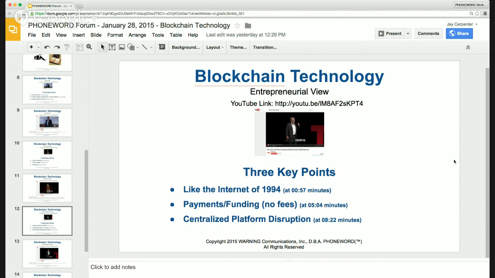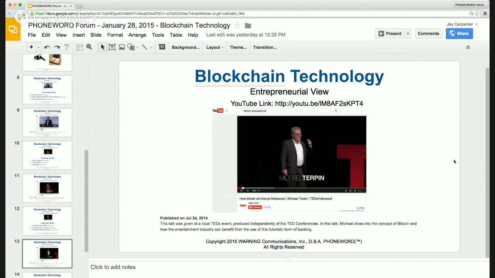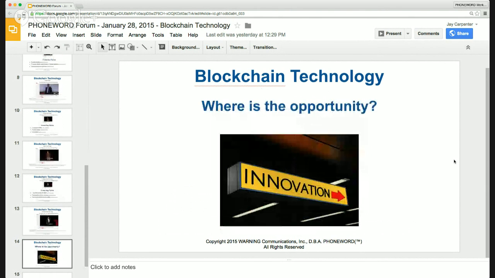But just to keep it as simple as possible and just to give people a taste of what this is, I've just picked three key points that struck me as being pretty powerful and pretty profound. So that brings us to pretty much the conclusion, and the conclusion is really not a conclusion, it's a question, because I don't think you can really conclude